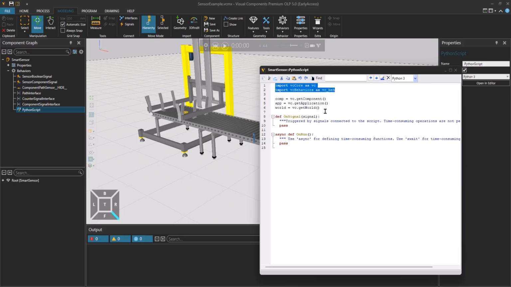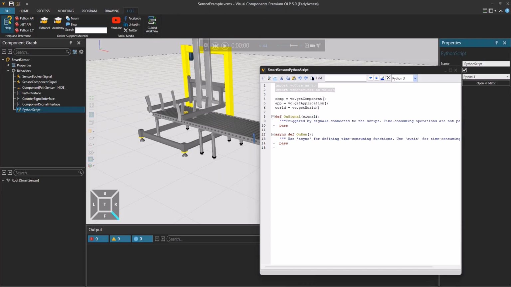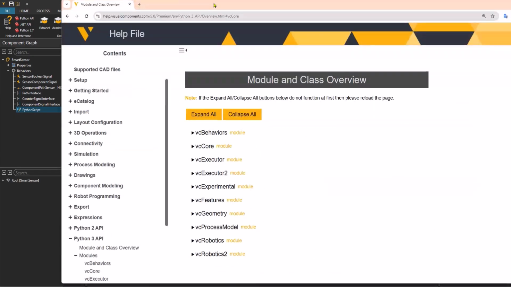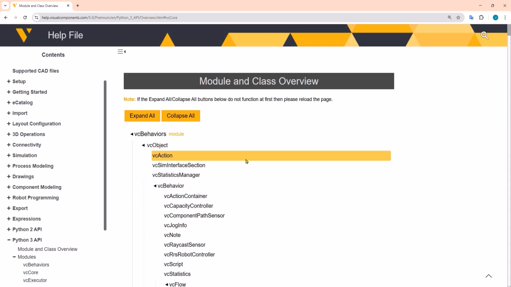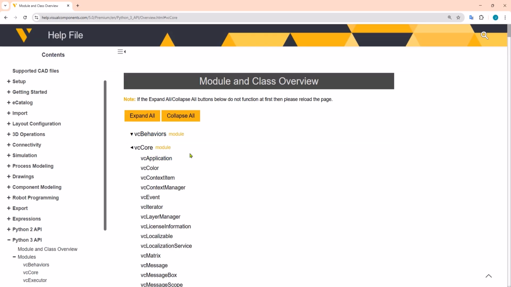So I recommend to check the Python 3 API documentation, and you can access it from our Help tab. Looks like this. I prefer this overview page, and in this I can see all the modules and also the classes they have.